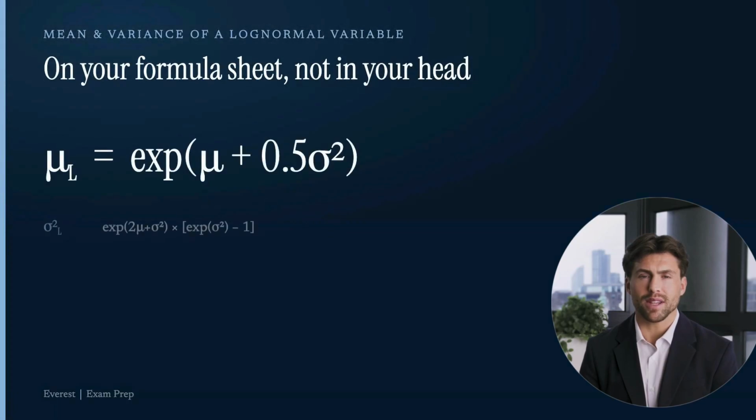The mean and variance of a log-normal variable have their own formulas, built from mu and sigma squared, the mean and variance of the underlying normal distribution. The mean of the log-normal variable is e raised to mu plus 1/2 sigma squared. That's larger than you'd guess from mu alone, because more variance pushes the average upward, not sideways. The distribution can only spread up, never down past 0. The variance has an uglier expression still. This is exactly the kind of formula your sheet should carry, so your memory doesn't have to.